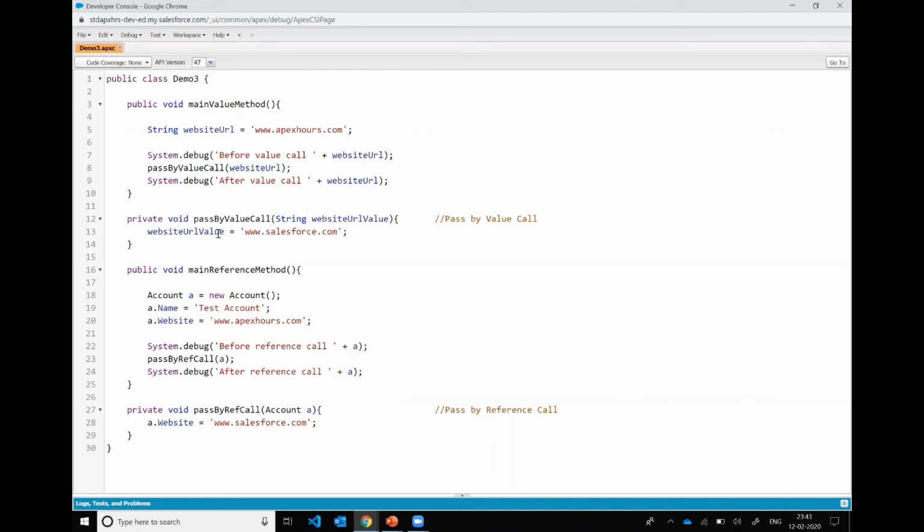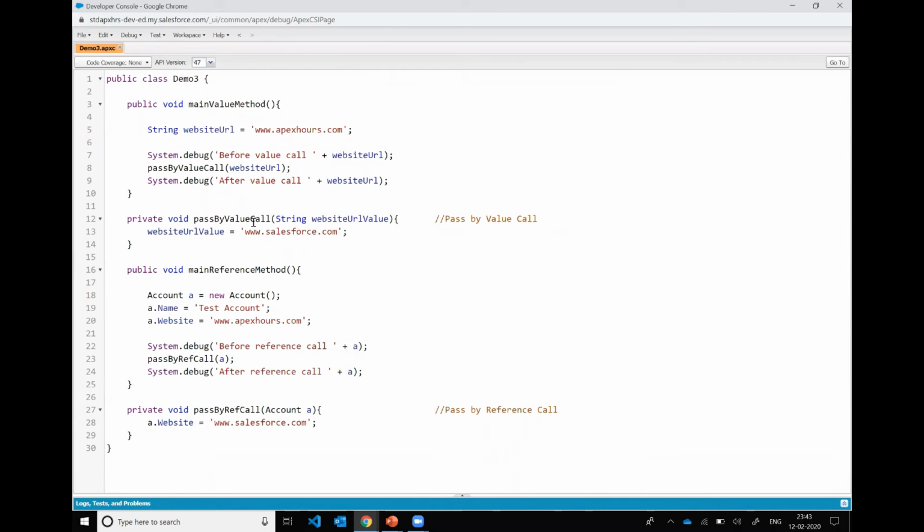Hence, any change to the website URL value is limited to the scope of the pass by value call method,